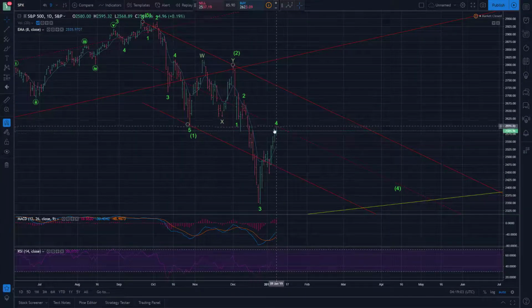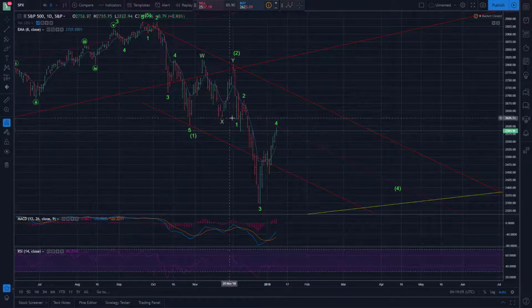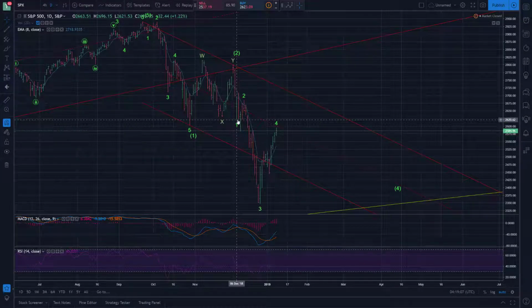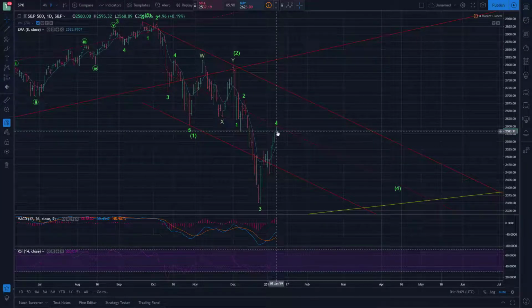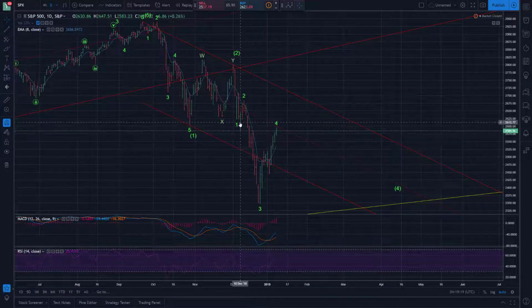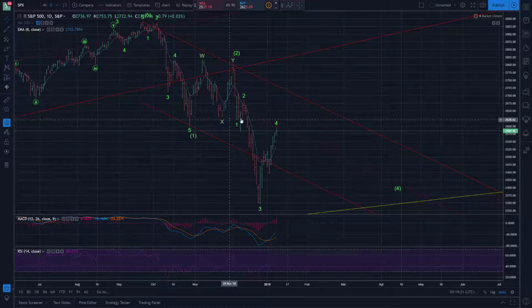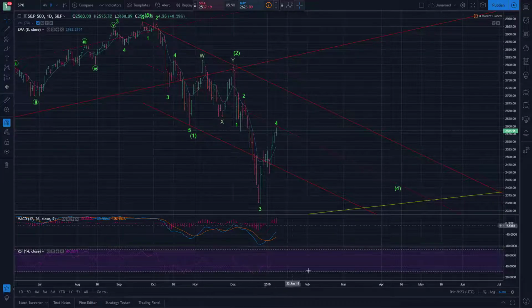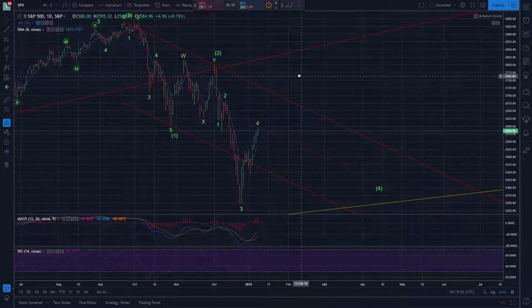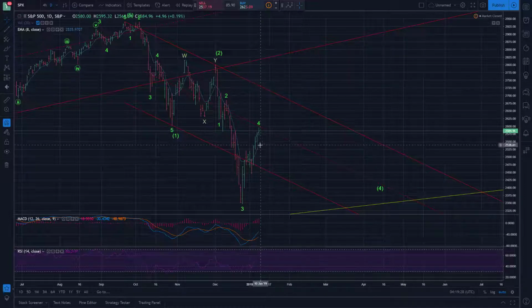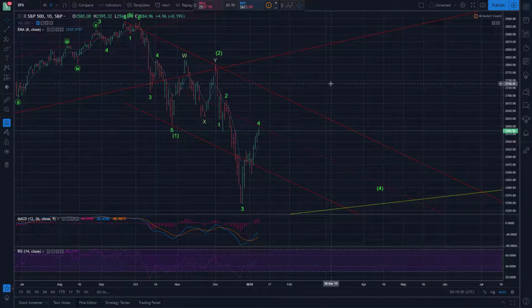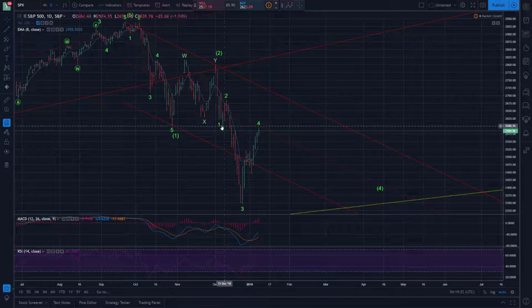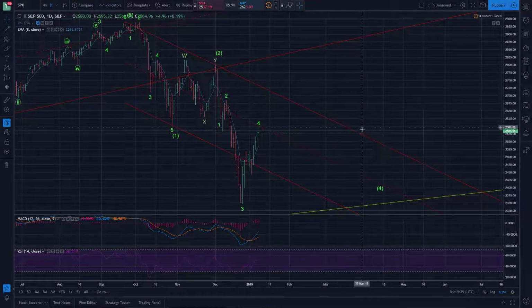And again, this will hold as a valid count as long as we don't overlap with this level, which is 2621.53. So from today's high, roughly 25 points away. So that will be the real level where you'd get 4-1 overlap, and then we'd have to reconsider this wave count a little more in depth. This was really just a minor adjustment. So that being said, as long as we don't overlap that level, this count will hold,